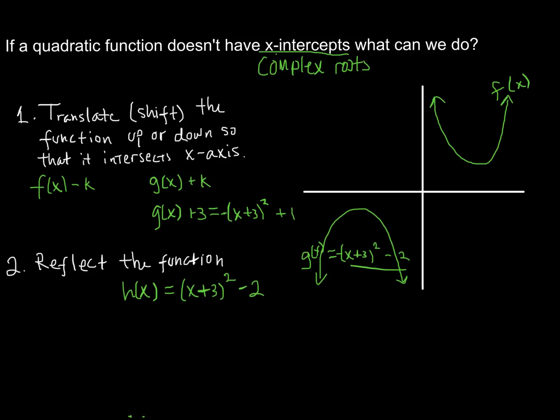There's one other way that we can reflect the function, and that's by not just changing the sign of the a value, but by multiplying the whole function by a negative. What that would do is reflect it over the x-axis. But notice, if we reflect this over the x-axis, we won't necessarily have real roots, right? In fact, we just have the same situation, but on the other side. So you might want to note that we're not actually multiplying the whole function g of x by a negative, because that would be reflecting our function over the x-axis. The reason is that that negative would also affect the k value of -2 and make it a +2, which would make this reflection always positive. So to reflect the function over the vertex, which is what we want to do,